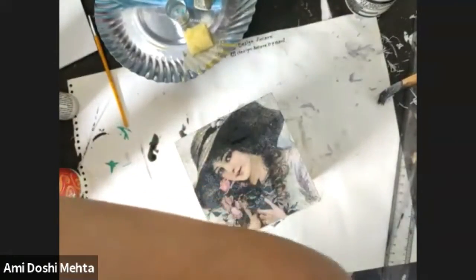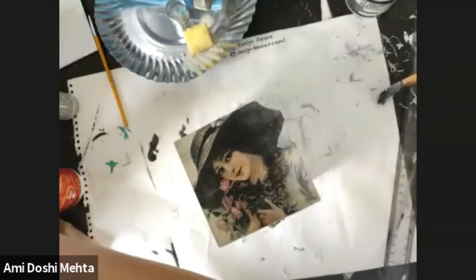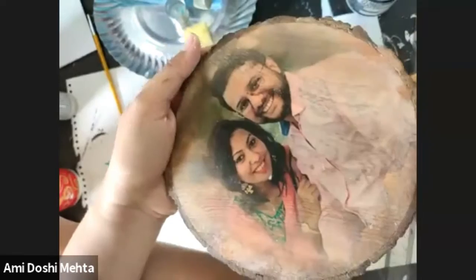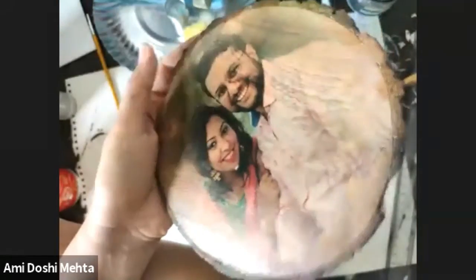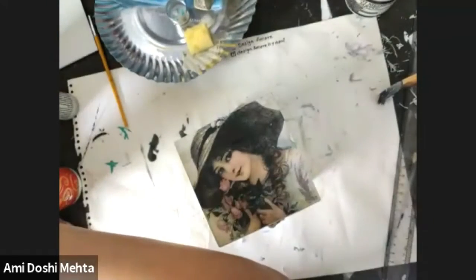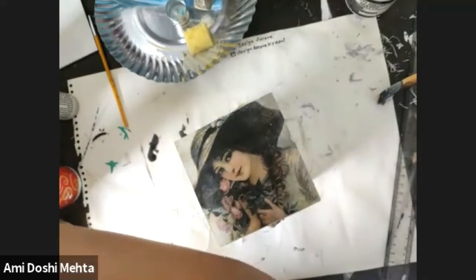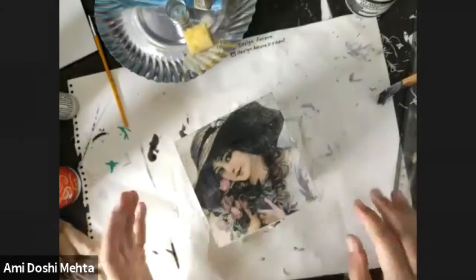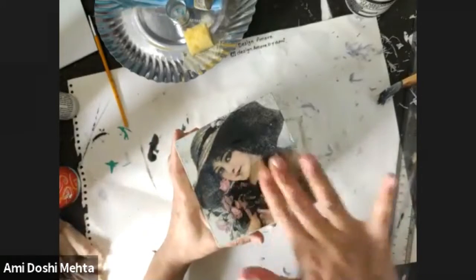Ma'am, if we want to put our own photo, the paper is thick, how will we apply it? No, your own photo also has to be transferred on Xerox. That's what I said. So this is, I've transferred my own photo. So I took the print of my photo on the normal Xerox paper. Otherwise your paper will not come off if you are taking that photo paper. So always transfer the print on the normal Xerox paper, okay?